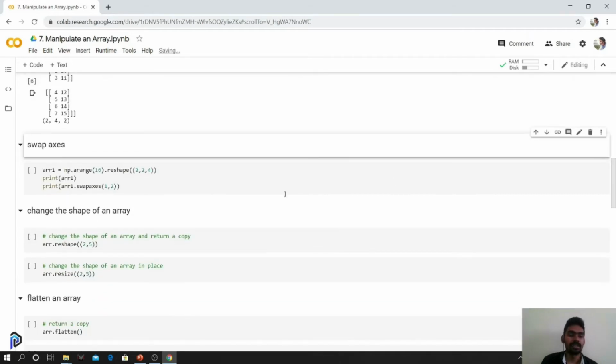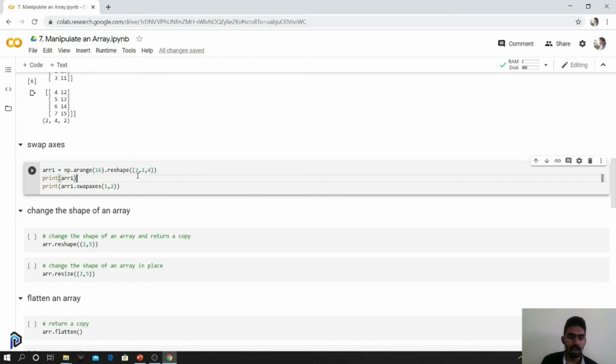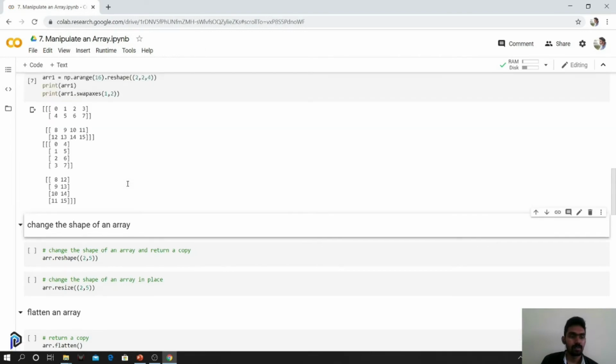Similarly, you can swap axes also. We actually have 3 dimensions. We are swapping the axes between the row and the column alone. We are not disturbing the first dimension, the 0th dimension in the sense. This was the original input. After swapping, the number of elements in each of the first dimension is going to be 8 and 8.